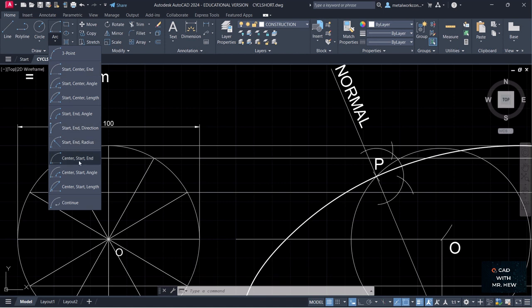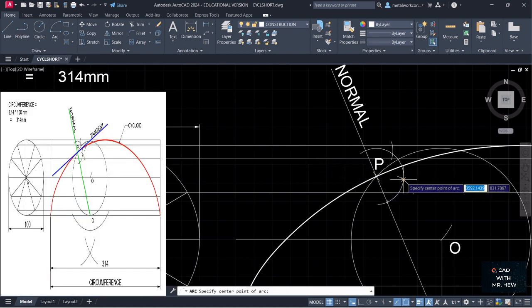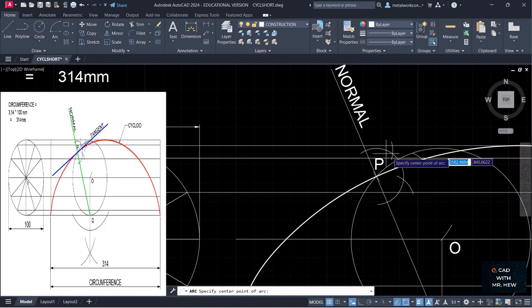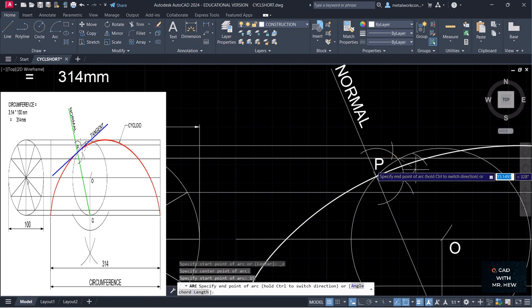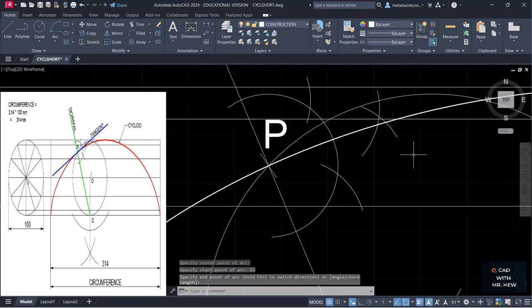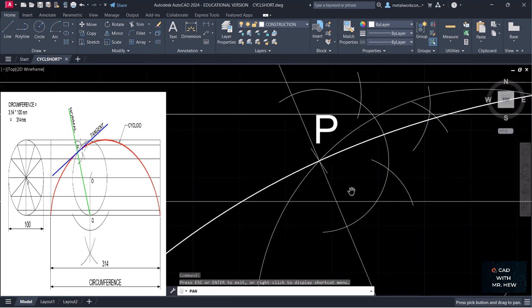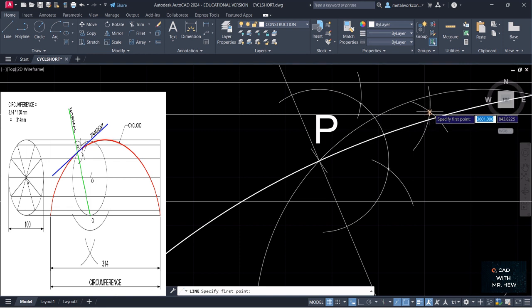So we go center, start, end. Center is here. We're going to mark an arc 15. We're going to come back again. Center, start, end. We're going to mark an arc 15 millimeters. Where the two arcs intersect, that is 90 degrees to the normal, which would form the tangent. So we go line from the intersection to the point P,